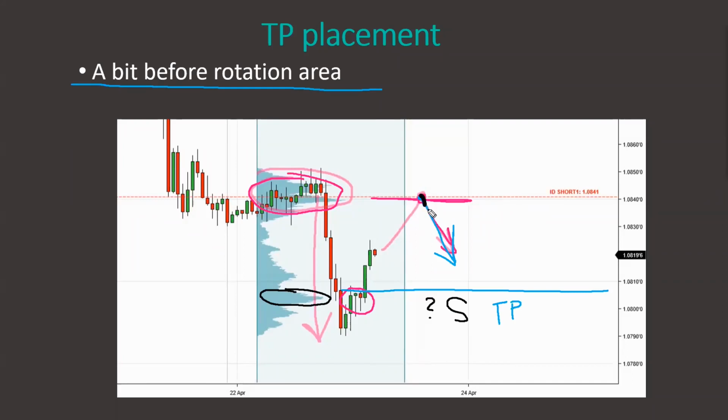But when you go short, you don't really want to trade against supports, right? So the best thing for you to do is just take your profit here before the price reaches this support, before you start risking your position, risking potential reaction to a support, because the support could ruin your open position, right? If the price reacted to that support, well, you can say bye-bye to your profit. So that's why it's better to just quit it before the price reaches potential support, right? That's the little rotation area in here.